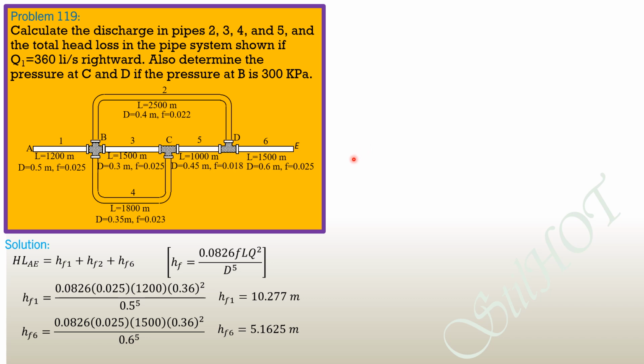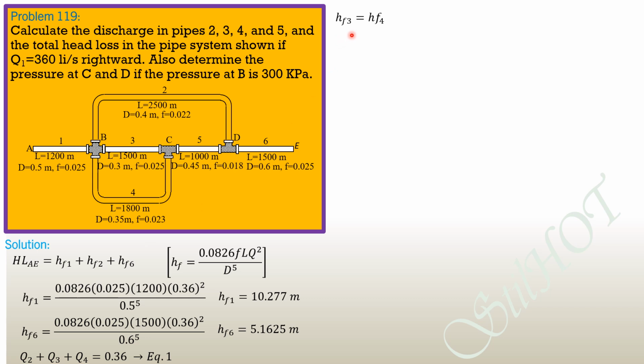Then from here, we can have HF3 equals HF4. Pipes 3 and 4 are parallel. Then also Q1 is equal to Q2 plus Q3 plus Q4. That is, Q2 plus Q3 plus Q4 equals 0.36. And we can relate the discharges between 3 and 4 because they have the same head loss. So HF3 equals HF4 because